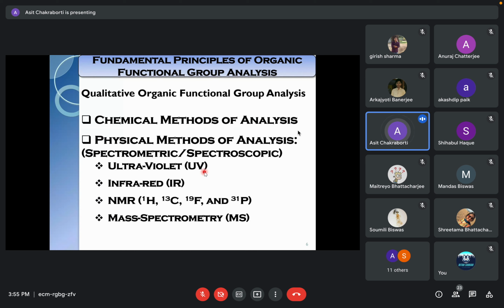That's why Lambert-Beer's law comes into the picture in UV-visible. How much incident radiation was given, what the energy was, and what radiation has come out, and the difference in intensity is the energy consumed by the sample. Naturally, it is directly proportional to the amount of the sample. That's the reason you can carry out UV quantitatively, and that's why UV is called a quantitative technique.